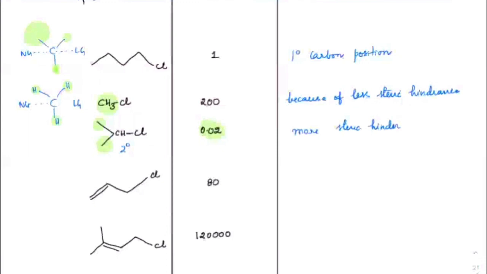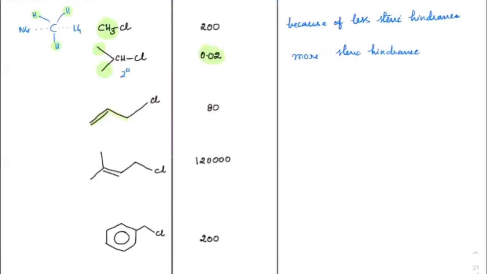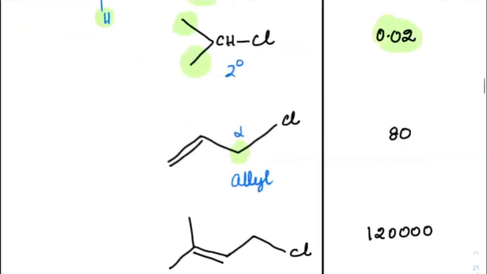Now, when you have an allyl group, here you can see this carbon has chlorine, so this makes it an allylic position chlorine. When you have an allyl group, as you can see on this alpha carbon, there is a pi bond system which can help its transition state. How does it help? Check it out.